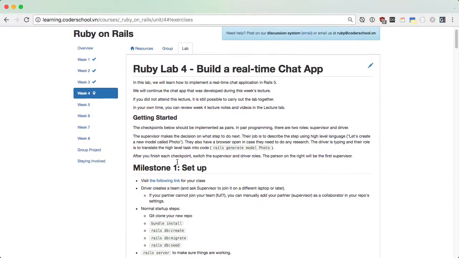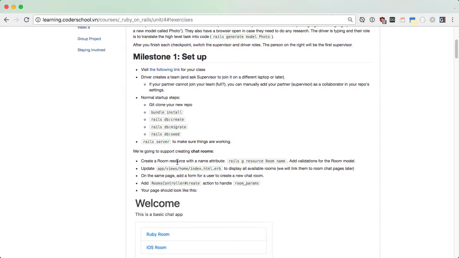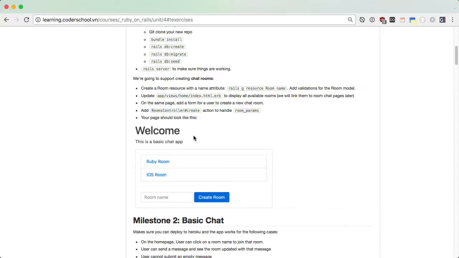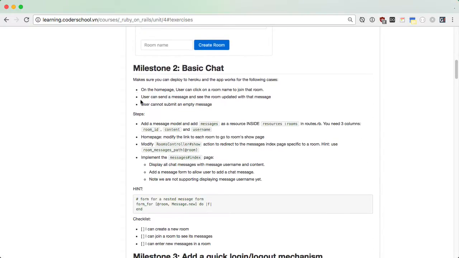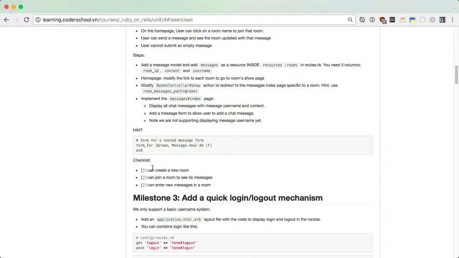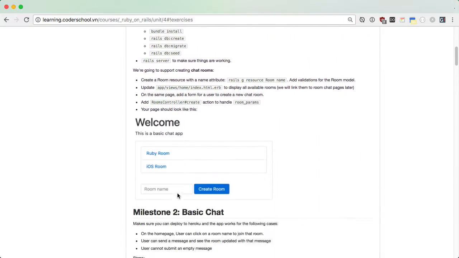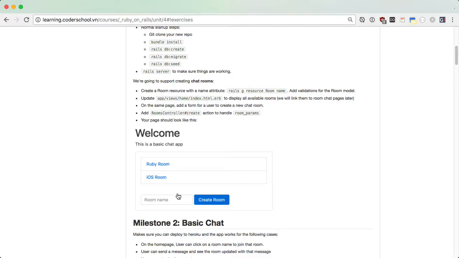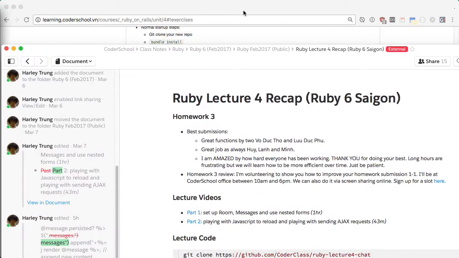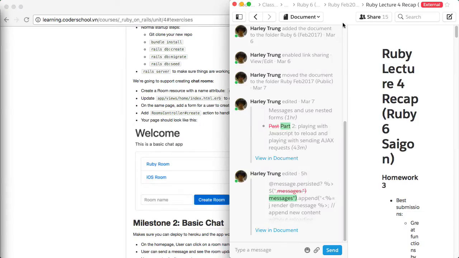Because there's no more homework, what we did here is that you get to implement something very similar to the lecture. Is that right? And we get to review. If you have problems with lab 4 and one of you were not here, please do it by yourself because it's very important. In lab 4, right after class, I also shared